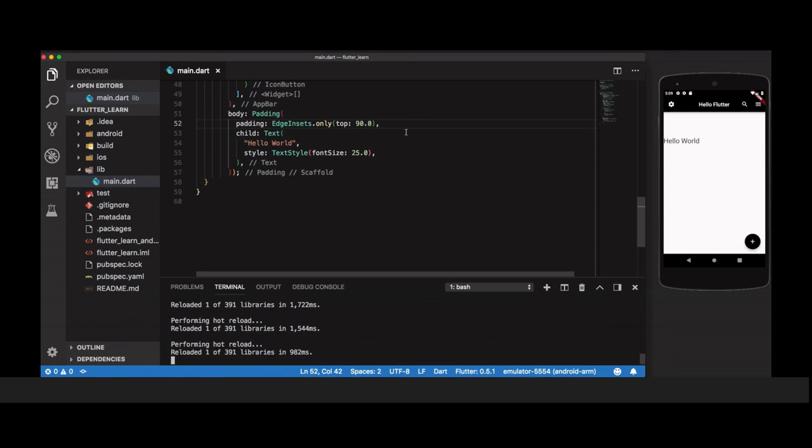It depends on the arguments given in the only method. The padding can be applied to any widget. Thank you.